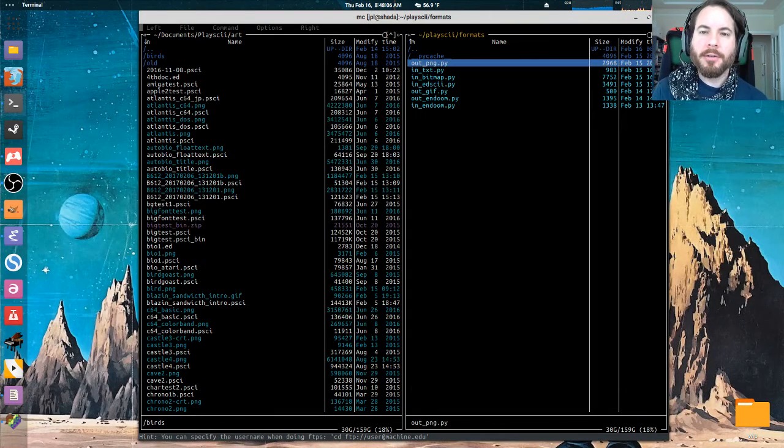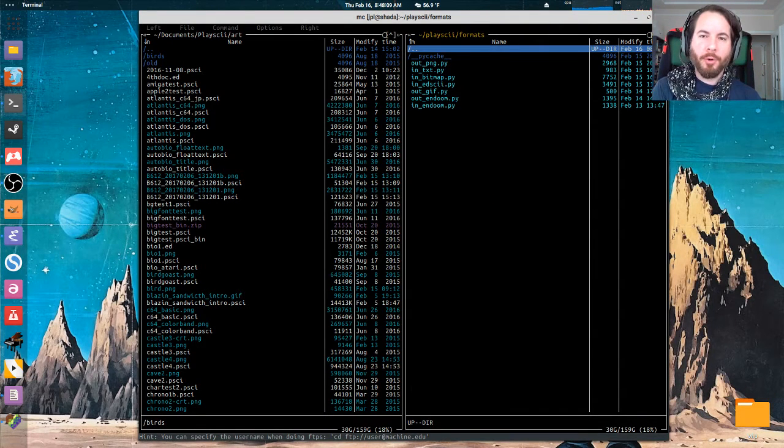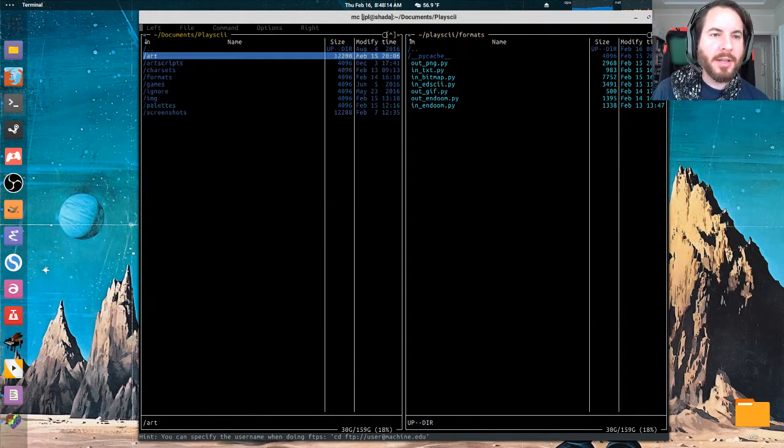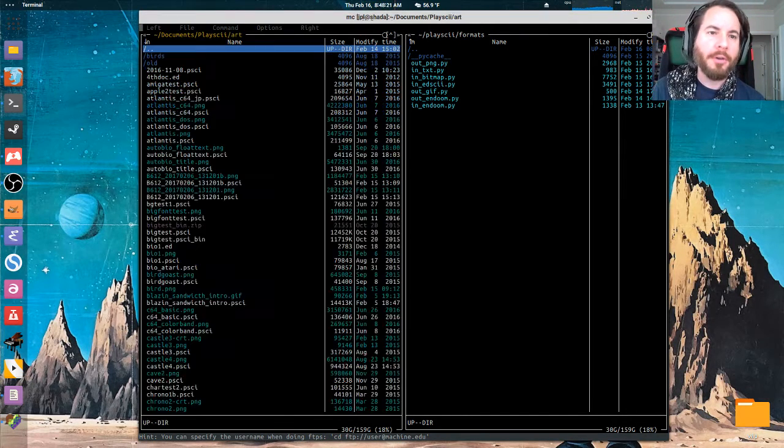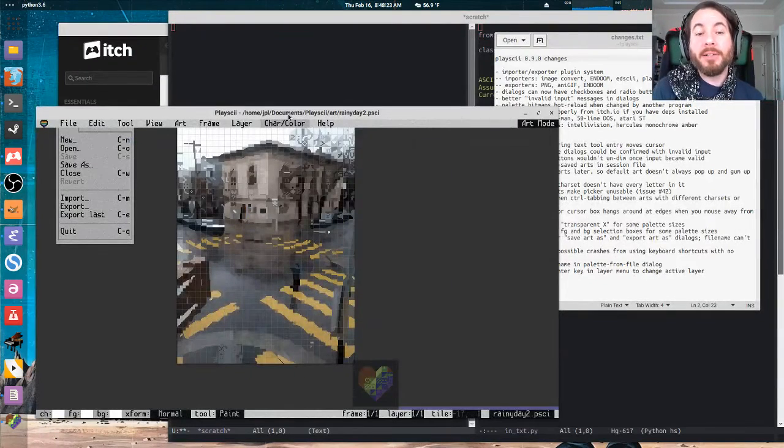There are now little bits of Python code in the formats subdirectory that control what formats it can read and write to, and because it's a plugin type format, you can provide your own. You can go into your own documents folder without modifying PlaceKey's core code or anything. And that means that if you are a game developer using PlaceKey to make some other kind of thing